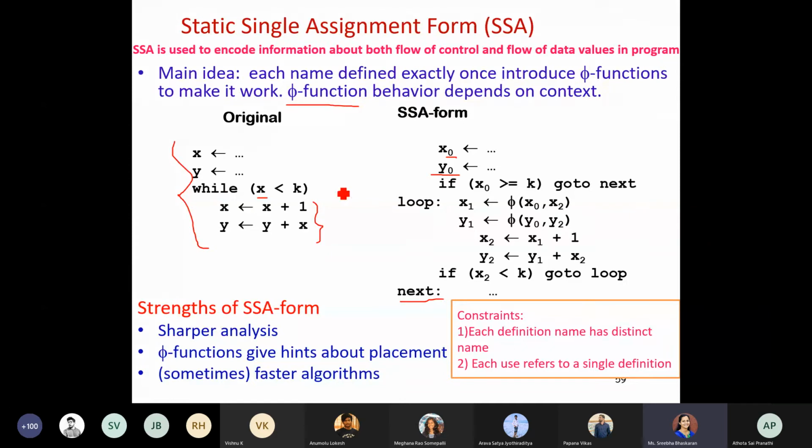Initially it was 0, so I incremented it to 1. So x1 is the one I have represented here. What will x1 have? The first time, it is going to take the initial value. Next time onwards, whatever is the updated one. So for that, I maintained a name called x1.